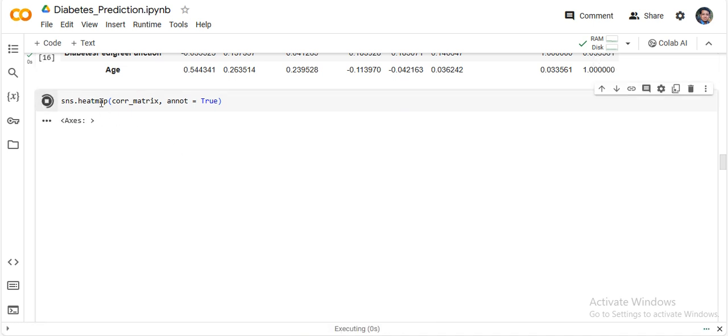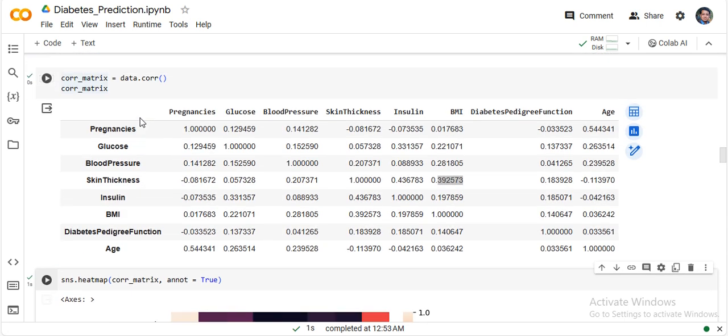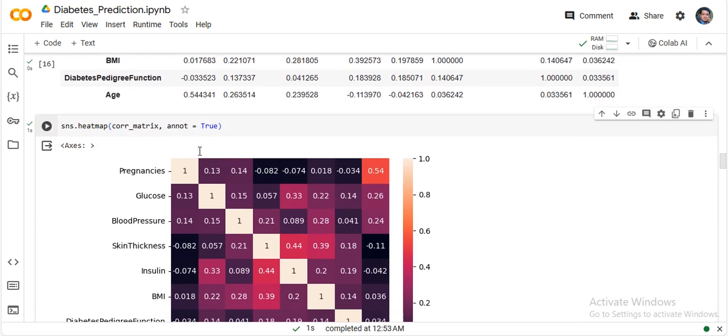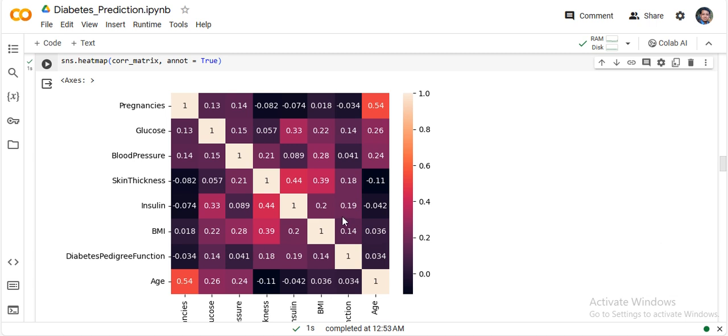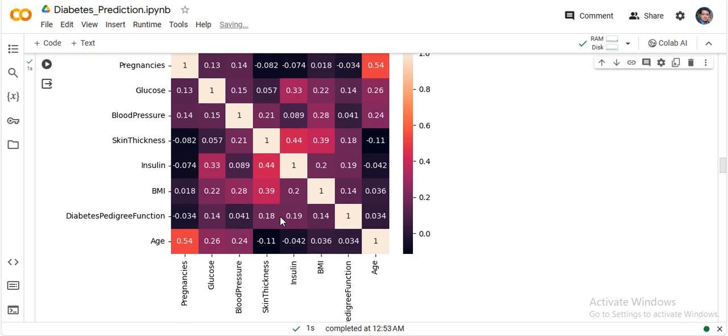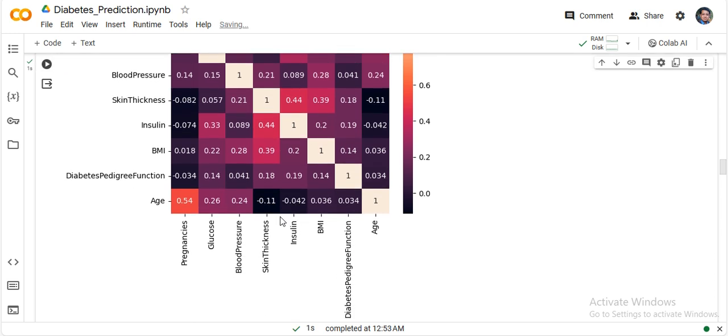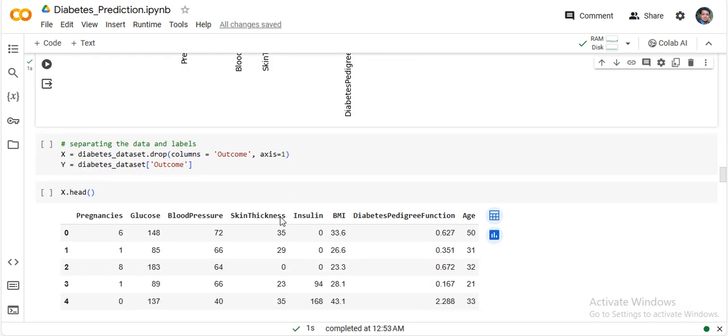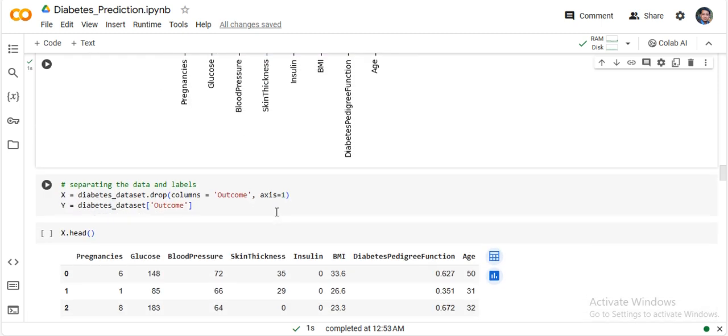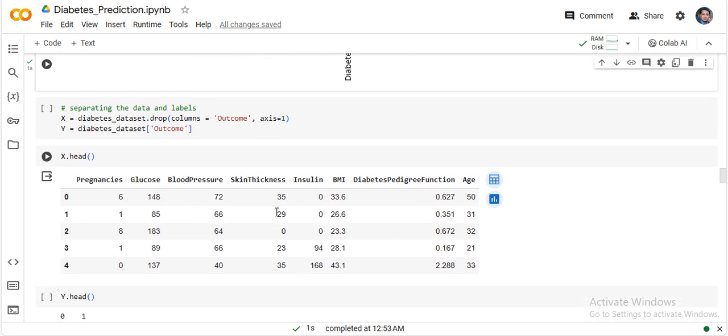Okay, so from these numbers we are not getting a clear idea, but we can plot the heat map of this correlation by using sns.heatmap and the correlation matrix, and you will get a nice view of this heat map, and you can easily identify the correlated variables, right? These are the correlated ones. Now we have to check